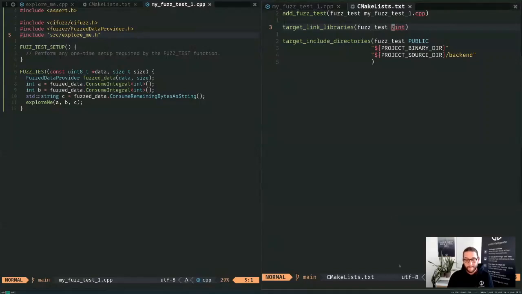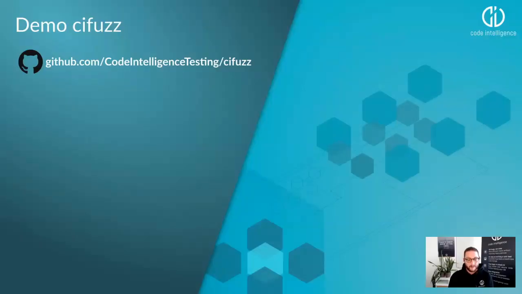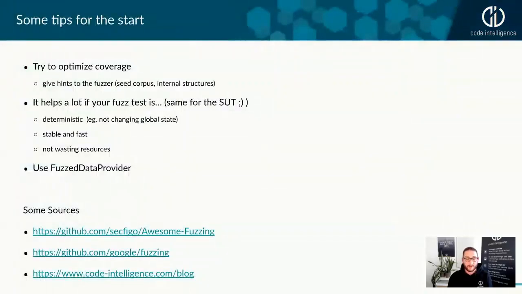So this was it for the live demo. Some closing words about some tips for the start. If you actually want to get started with fuzzing and using our tool, then I want to provide you some good starting points or things you should have in mind when starting writing your first fuzz tests. So one thing is try to optimize for coverage, because the idea is that the fuzzer is